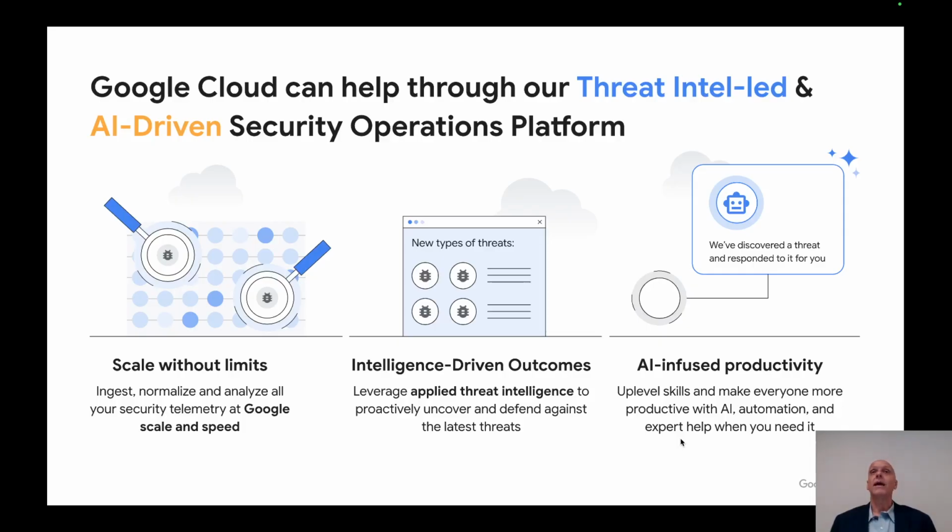And then finally, being able to correlate and actually look at things from an AI perspective, where patterns and other characteristics of what's happening, or having an AI automate workflows for you to be able to help facilitate your engineers, to elevate them from solving problems rather than doing investigative work, where a robot or a computer can do a much better job for you than you doing this yourself. This is the approach that Google is bringing to the marketplace to really kind of elevate your team's ability to